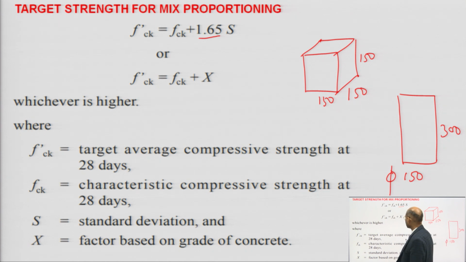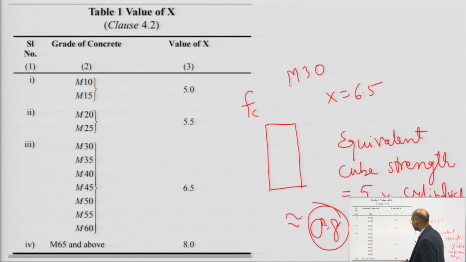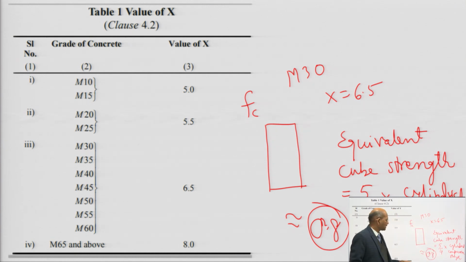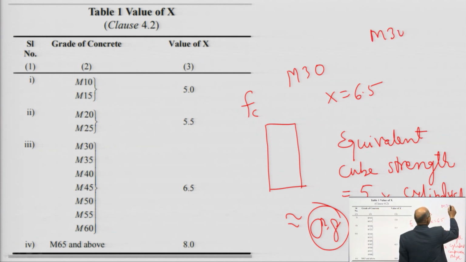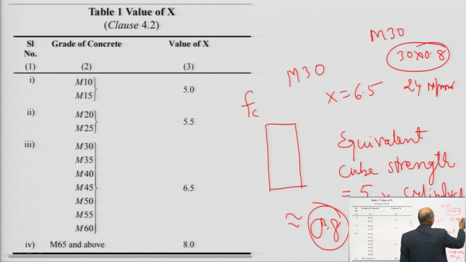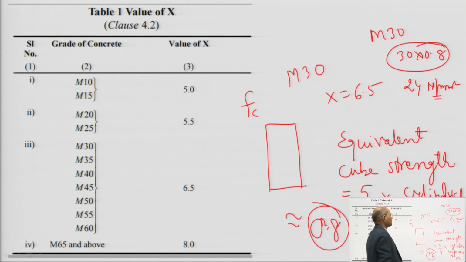So, once you have got the target strength, based on that we have to refer to the table given in the Indian Standard. But if you like, you can change this fck, because I have already given the relation between the cube strength and the cylindrical strength. Suppose it is M30 grade concrete, so the cube strength is 30. You multiply that by 0.8, so this is nothing but 24 Newton per mm square. So this is the reduction. The equivalent cylindrical strength will be less.